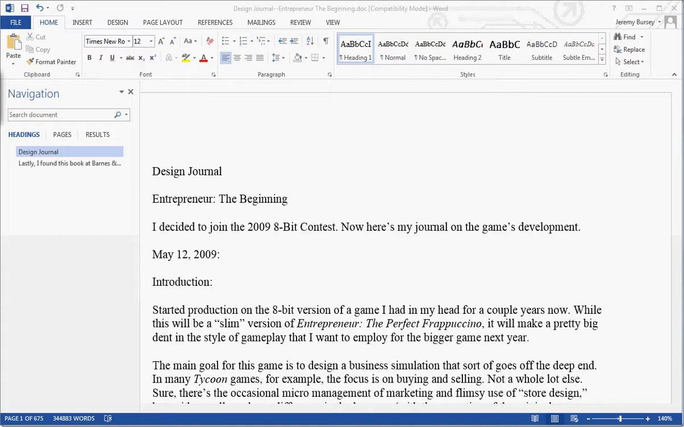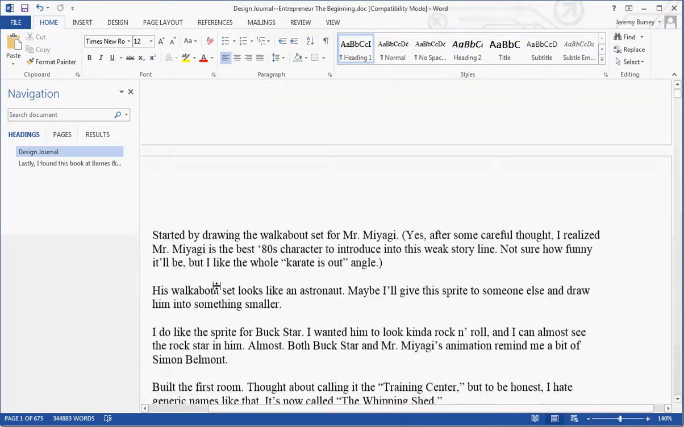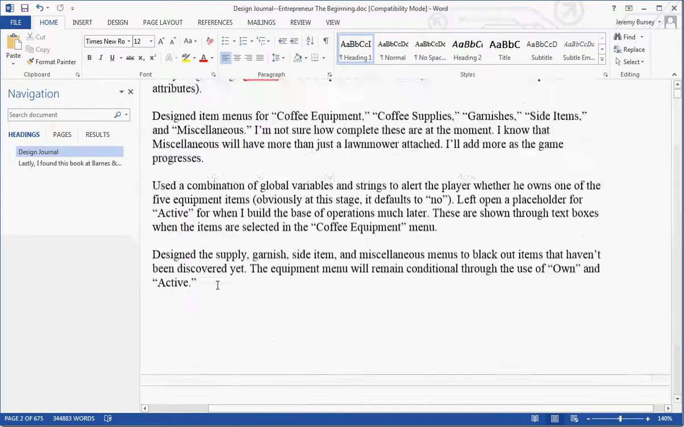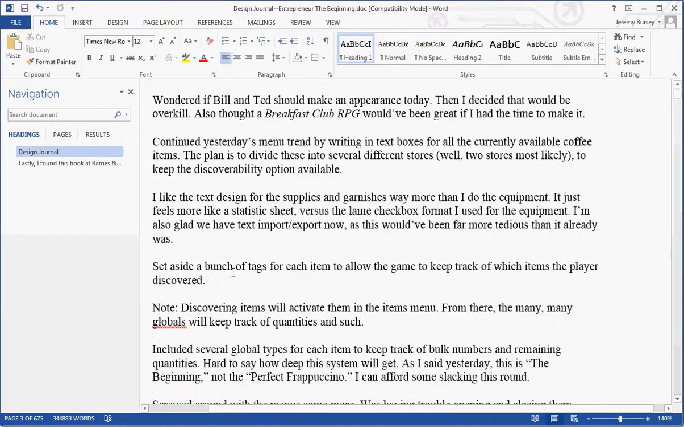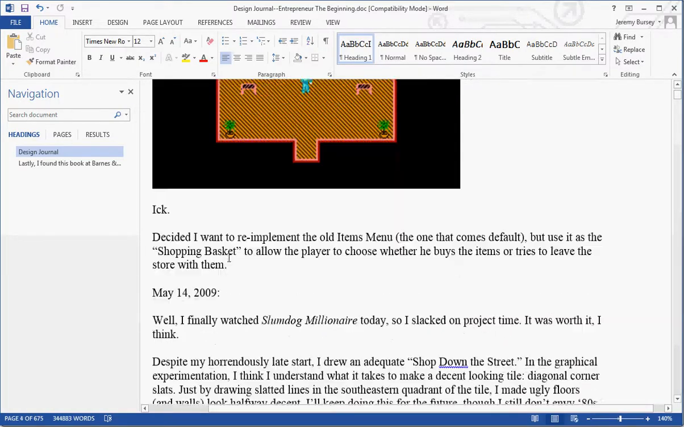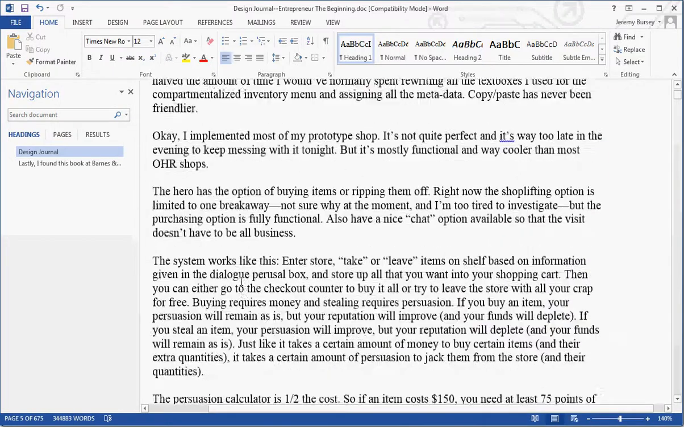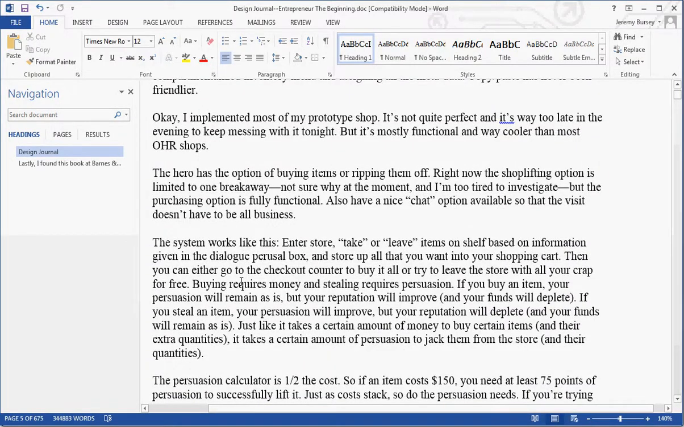So what I'm going to do is I'm going to show you, first of all, my design journal for the OHR game I've been designing since 2009 called Entrepreneur at the Beginning. And as you can see in this journal, this is done in Microsoft Word. It's really kind of basic to the point. I just write whatever it is I have to say about that day. Sometimes I'll post pictures in there, and I think it's really helpful